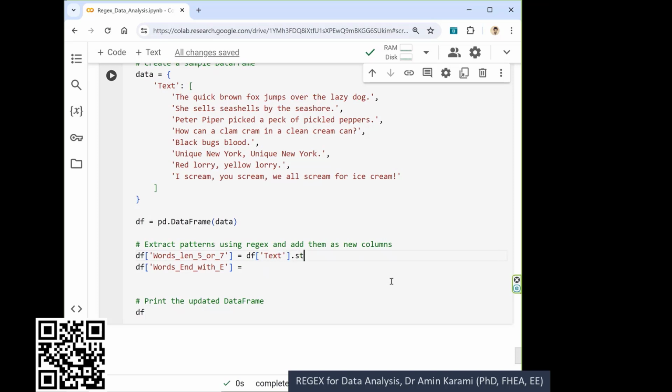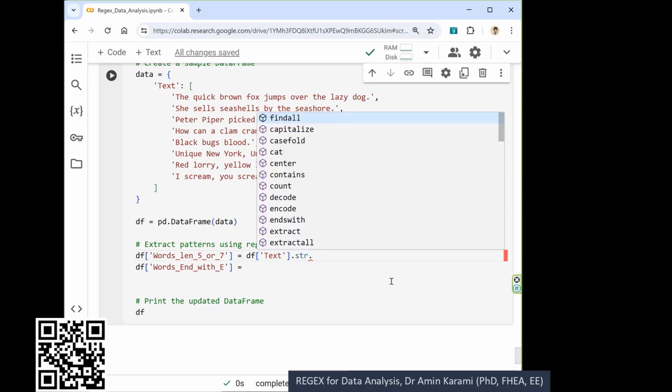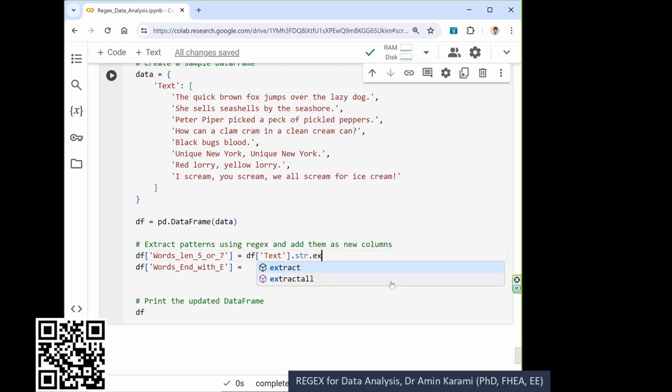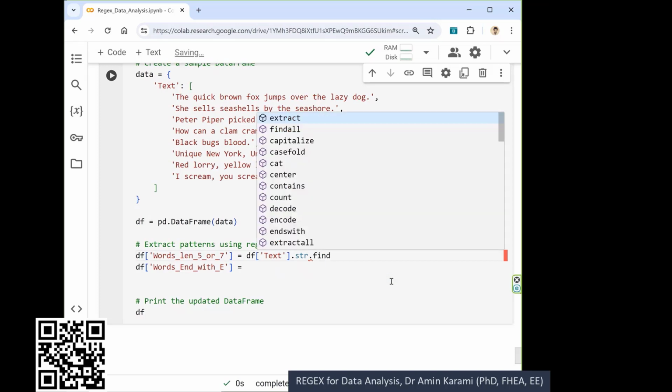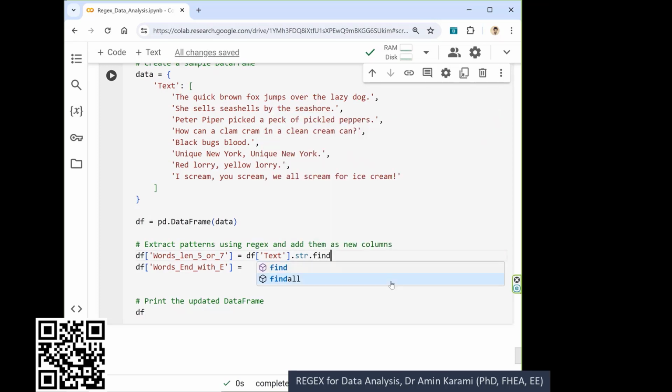All right, and then dot str dot. So guys, here we discussed extract right before. You can directly use find all here. You see that find all is there. You can use find all. That's great, right? And then I want to say that please find all